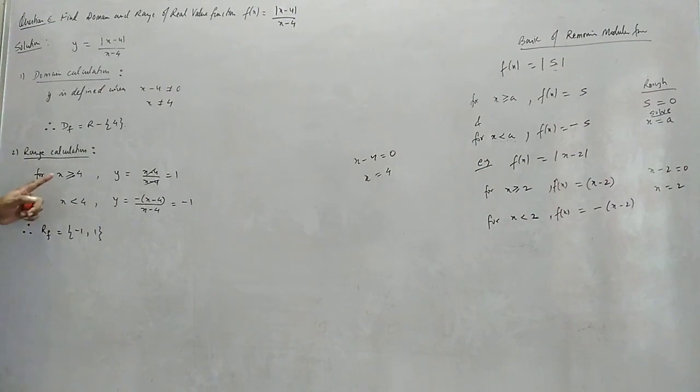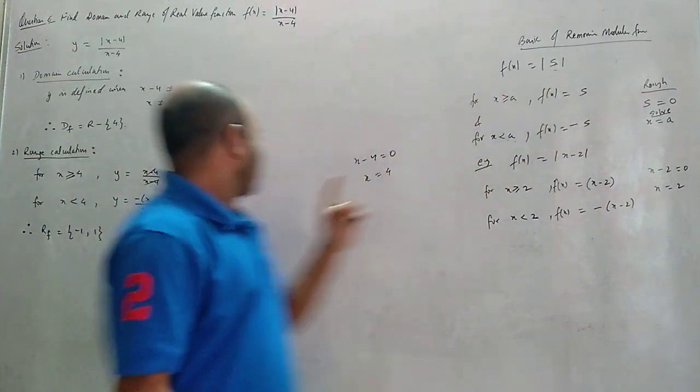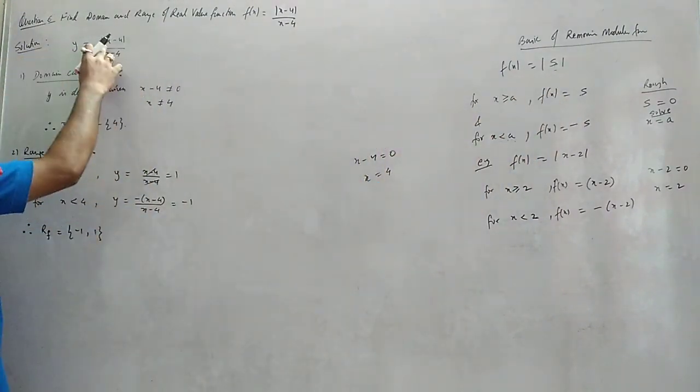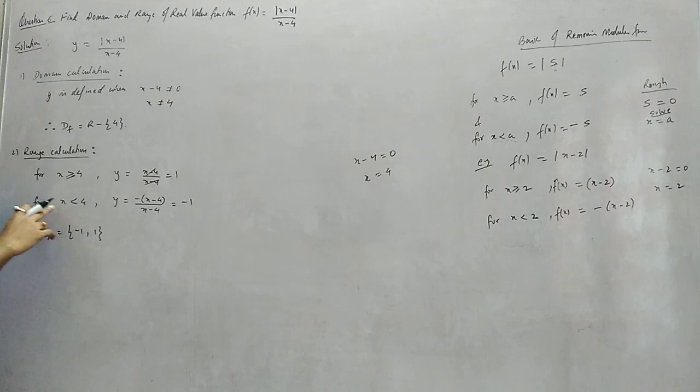Okay. For greater than or equal to 4, mod will remove. For greater than or equal to, the mod goes away. So for x greater than or equal to 4, mod disappears. x minus 4 by x minus 4. Okay, cancel it out. Clear? For x less than 4,